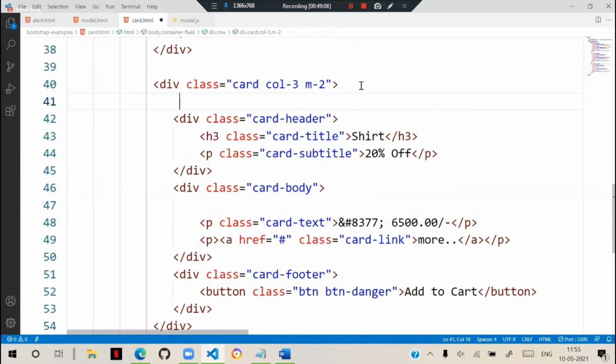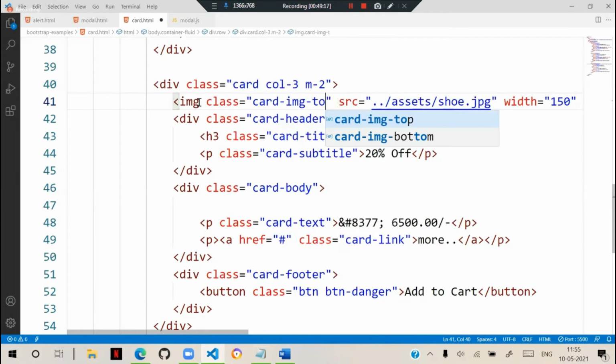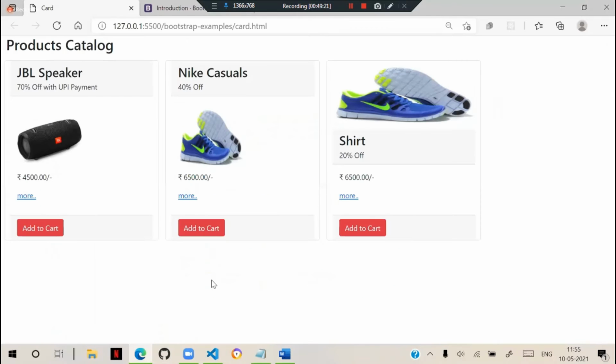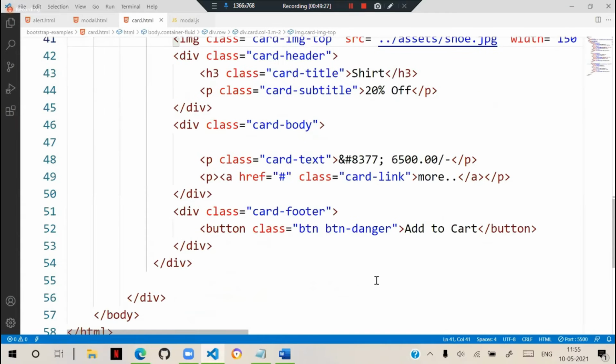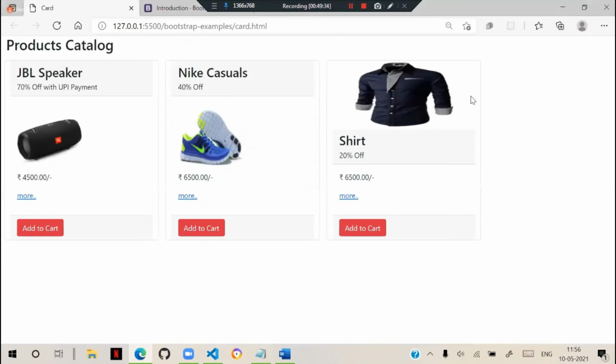We keep the image above the header, so for this you can add a class called card-img-top. That is used to add the images at the top. It will fit accordingly. You can change the image now; here this image is shirt.jpg and it will keep it this way.